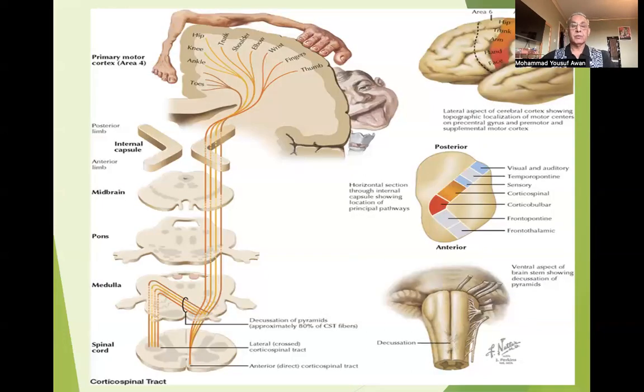So if you have a lesion here, that will probably affect only the leg. But if you have a problem on the cerebral cortex, that will affect the trunk and the arm. If the area damaged is the hand area, it will cause weakness of the hand, and this is the face area. So the cortical area which is damaged determines which part of the body is affected,